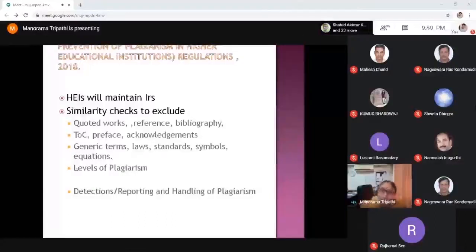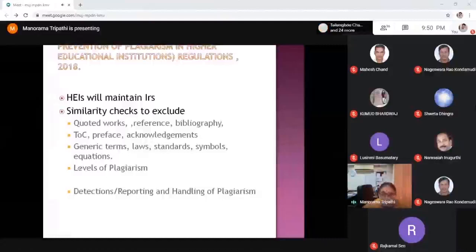at this juncture, the role of library professionals and teachers becomes very important, because teachers are domain experts and they are supposed to exclude this common knowledge. And that is why yesterday too in the presentations it was emphasized that whenever you submit a Word file to the library for a plagiarism check or for an originality report, you should ensure that you do not provide references or bibliography or TOC, preface, acknowledgement. I think this was highlighted yesterday in one of the presentations.